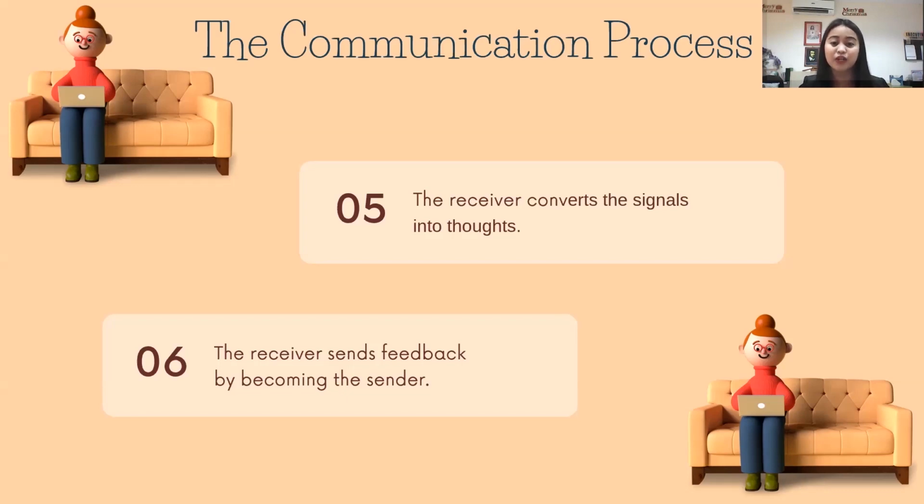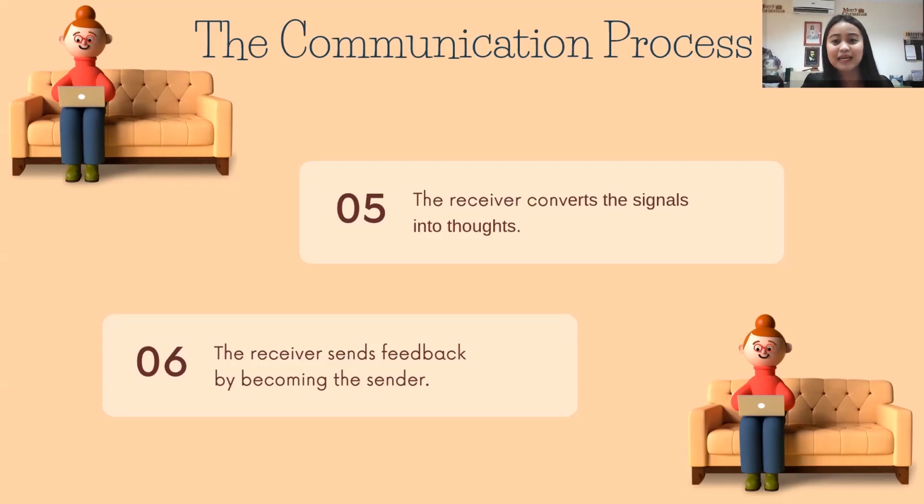So the cycle goes on and on. Why? Because our receiver who sends the feedback will now be our sender. Kasi nagkakaroon ng cycle, kumbaga nagkakaroon ng two-way process of communication. Bakit? Si receiver, pwede siyang maging sender once na nagbigay na siya ng feedback going back to the sender. And the sender will now be our receiver kasi siya na naman yung mag-receive ng message galing kay sender. He is also our receiver. So, nagkakaroon ng cycle. Paikot-ikot lang po yun.